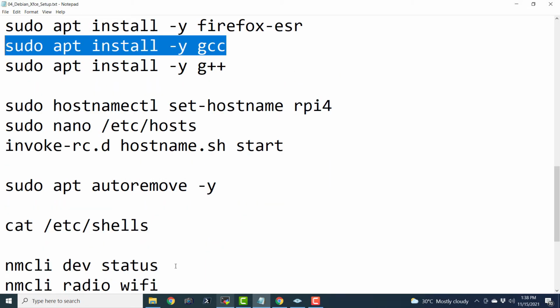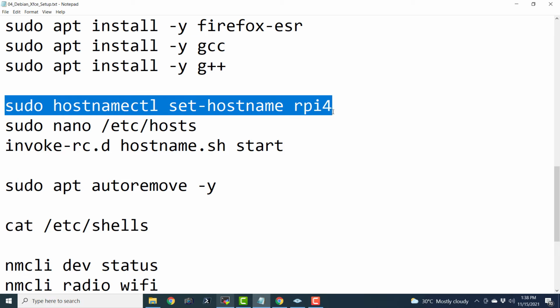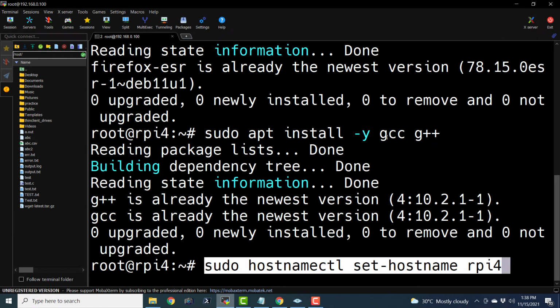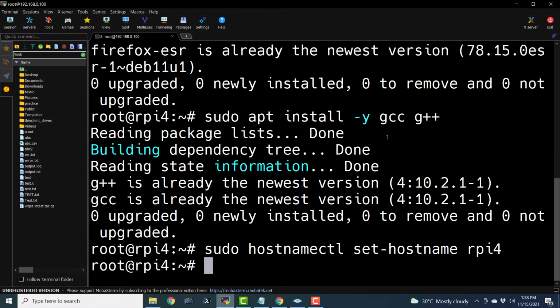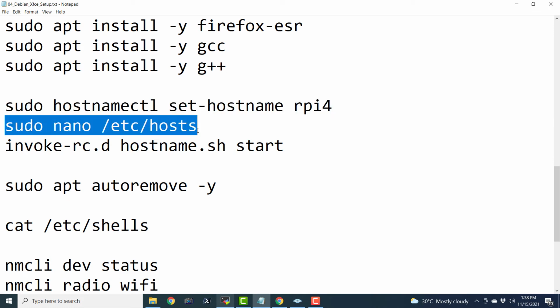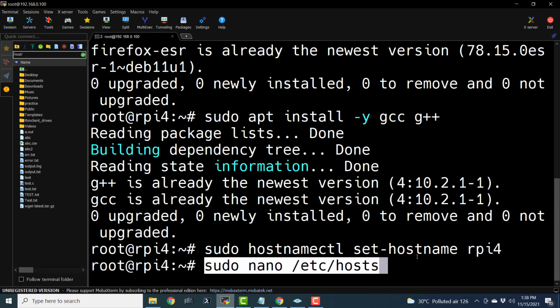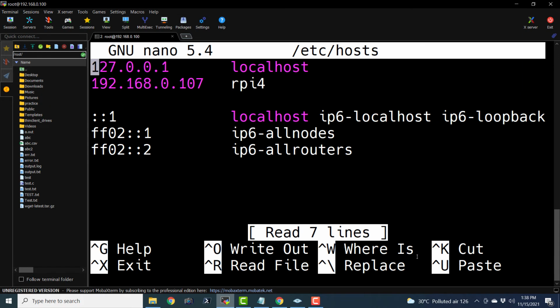Now we need to set the host name of our system. So let me copy this and let me paste it. This hostnamectl utility is used for setting the host name. So I am setting the host name to RPI4, and let us see the entry here in /etc/hosts.